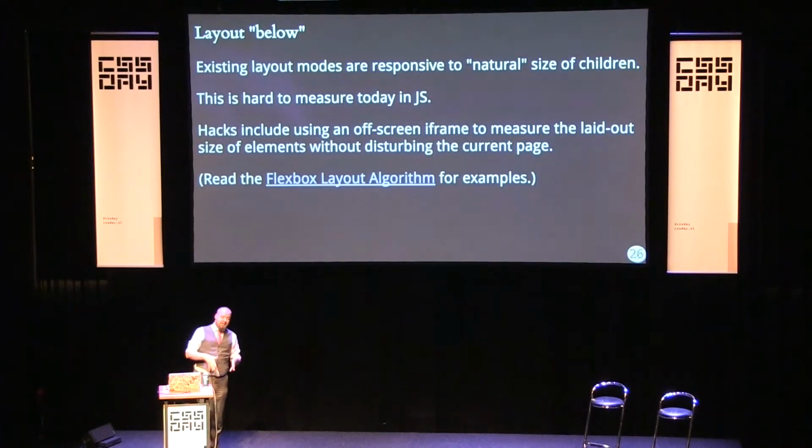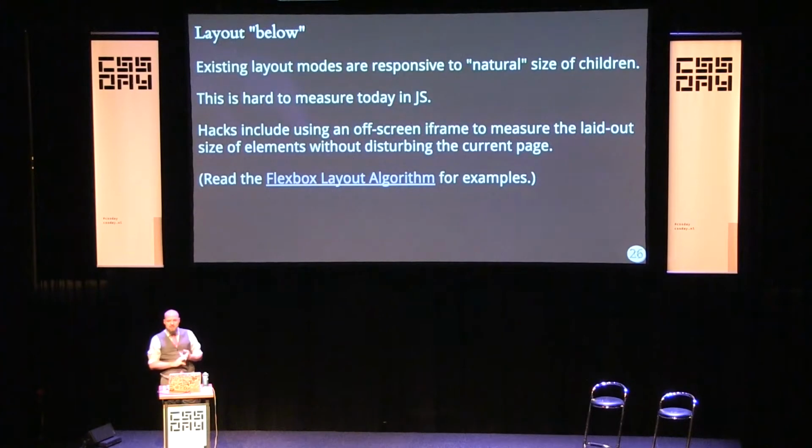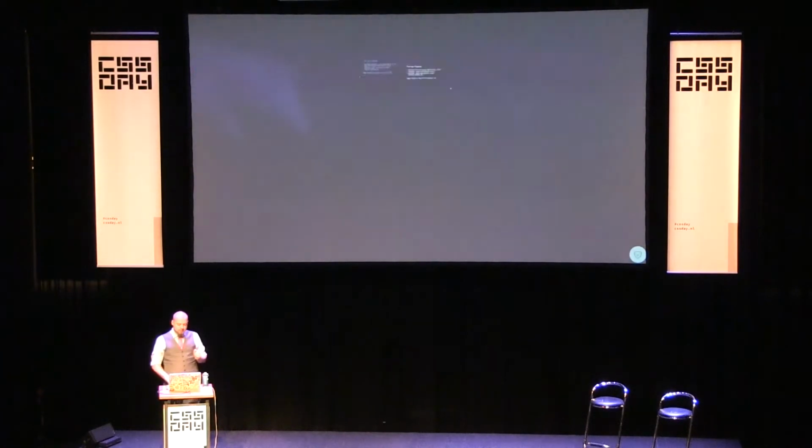Custom layouts today have a lot of ways to ask a child how large it's going to be in different circumstances. What's your minimum size? What's your maximum size? What's your preferred size if I have this much space to give you? None of these questions can be easily answered in JavaScript today. You can kind of fake it in some various hacky ways that are weird and pretty slow. We can do this way faster if we just give you access to that information directly. If you want some examples of this kind of child information usage, check out the Flexbox layout algorithm. It's got a bunch of stuff in its core layout steps.